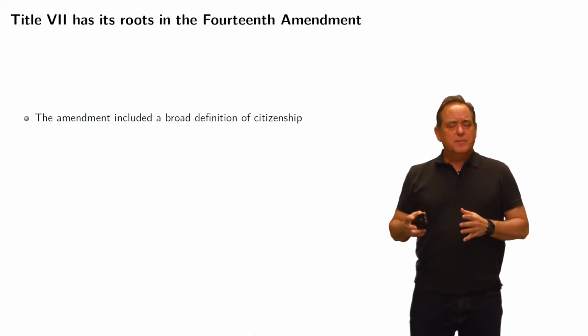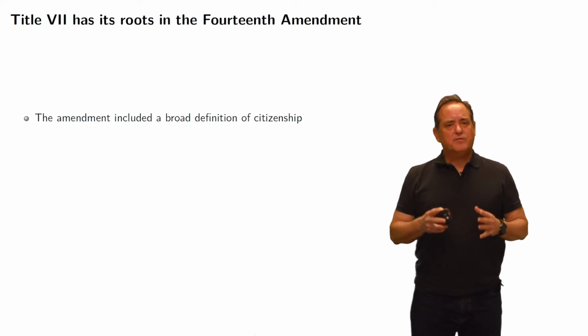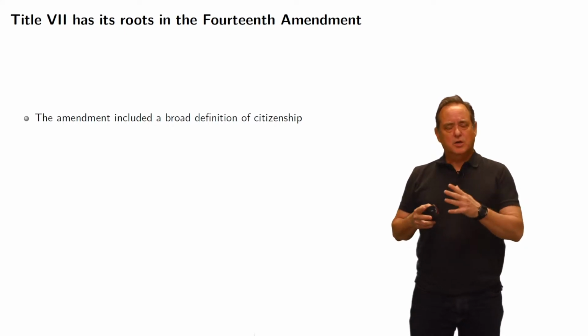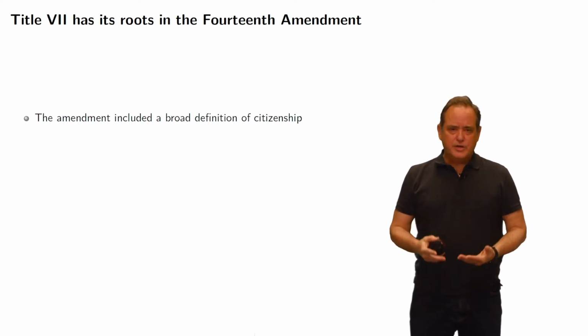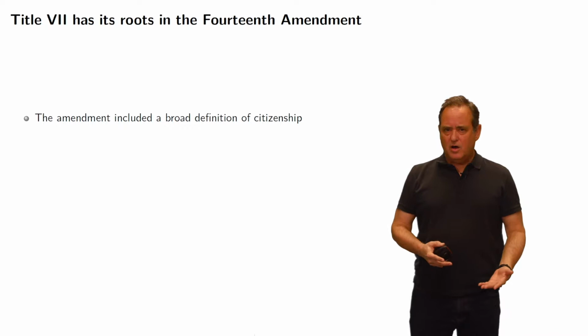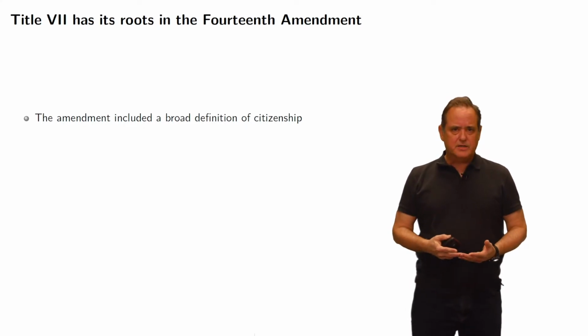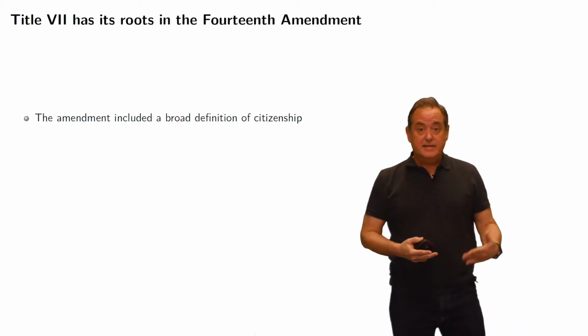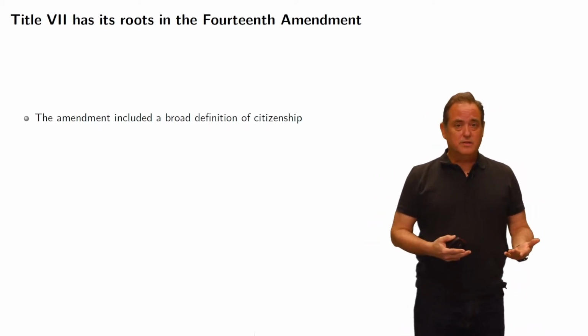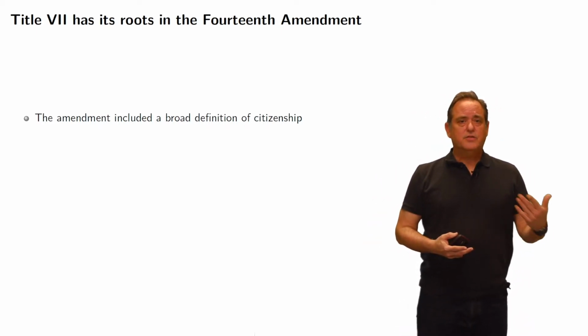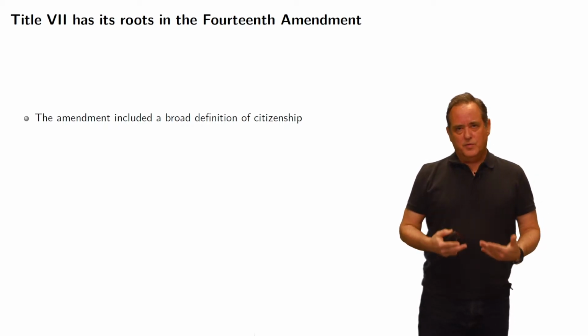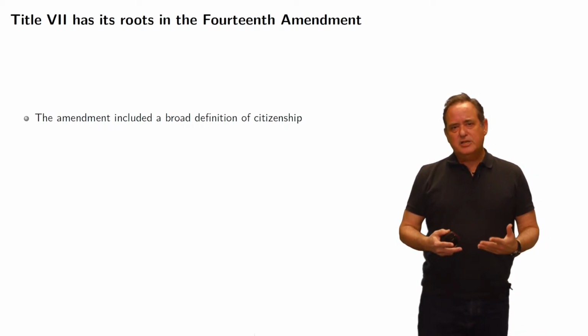The 14th Amendment changed the Constitution. The 14th Amendment, for the first time, provided for equal protection under the law. And what that meant was people are going to be treated the same by the law because they are now guaranteed the equal protection of the laws. We know that did not exist before the 14th Amendment. So therefore, the 14th Amendment changed that notion.